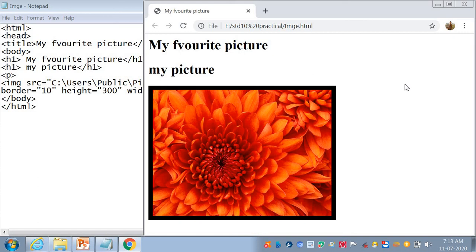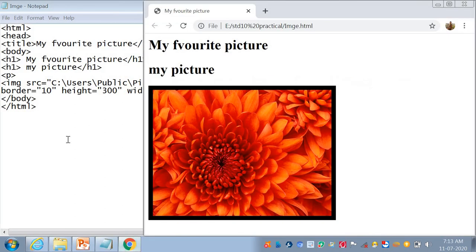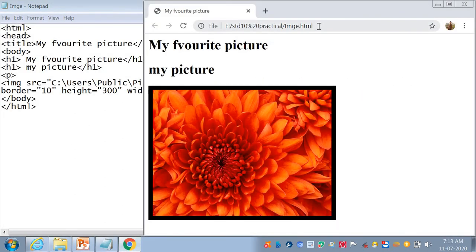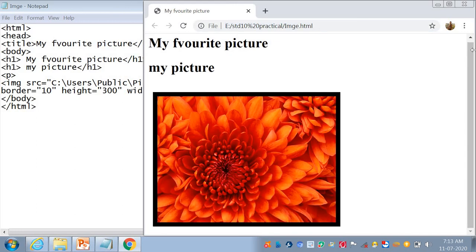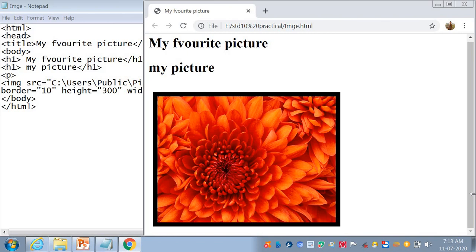Here the horizontal scroll bar and the vertical scroll bar are not displayed. So I just put it, and we can easily do it.